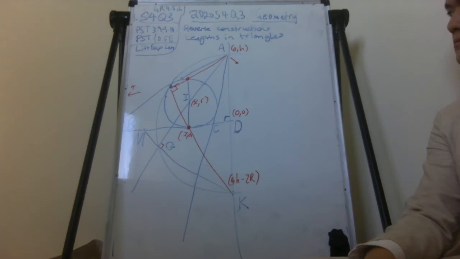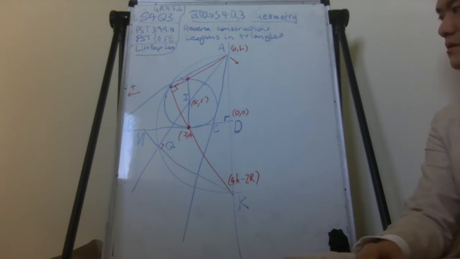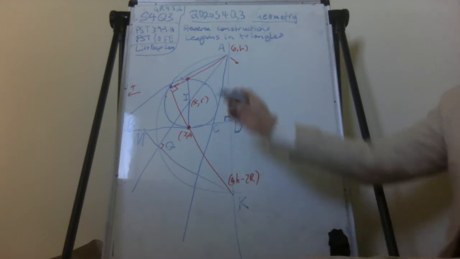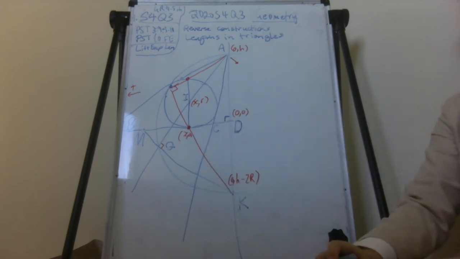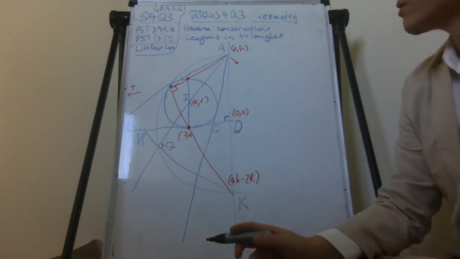Yeah, then you can find M because you take the line AI, and then you find the equation for that line. And then you find the perpendicular going through. So you don't even need the equation of that line, right? You just need the slope. So if you want to do this with coordinate geometry,